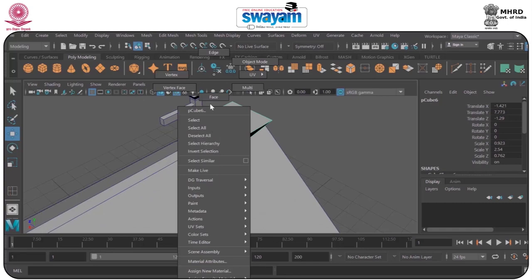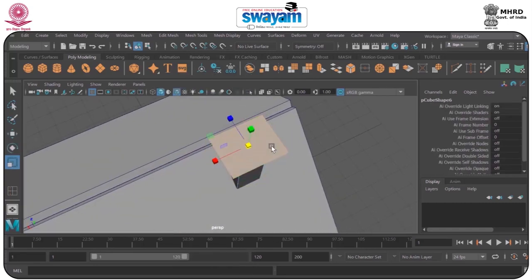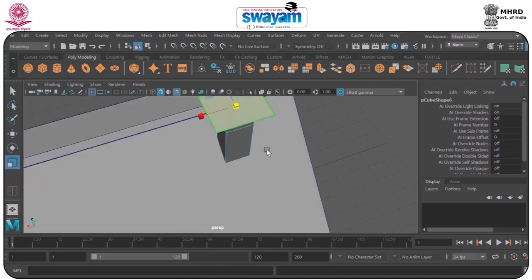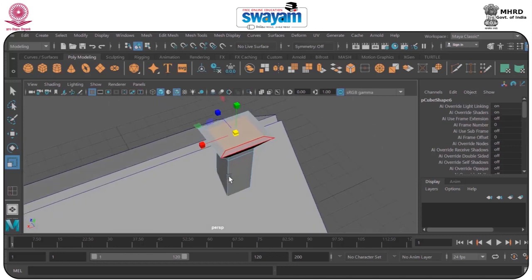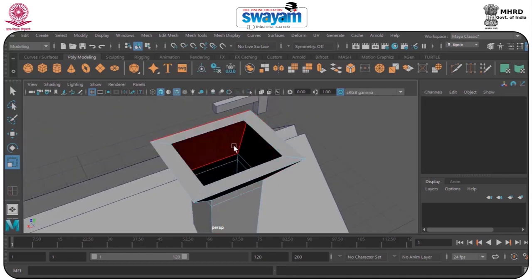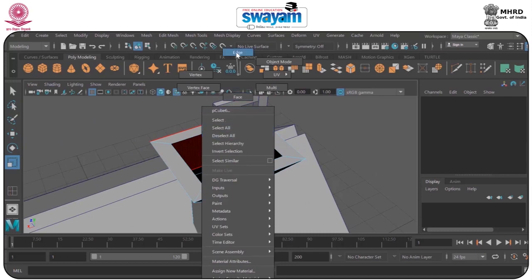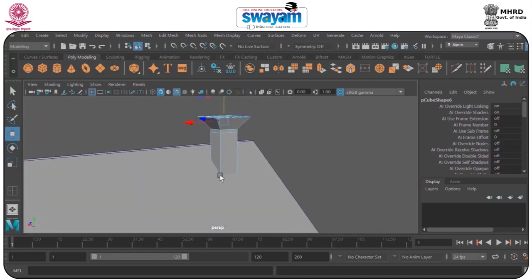Select this part, go to face and just select this one, and by pressing R, if you hold the shift button and just move it inside, you can extrude the same, and will delete the data. So I have a blank space right now. What I will do, I will go to edge and will select the boundary. If you select any one of them, just double click it and press W and just move it downward a little bit. Okay, not so much because it's basically a dummy.